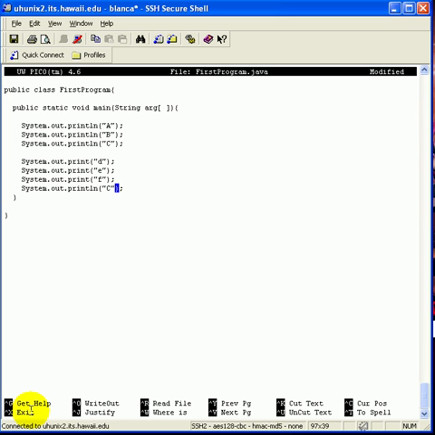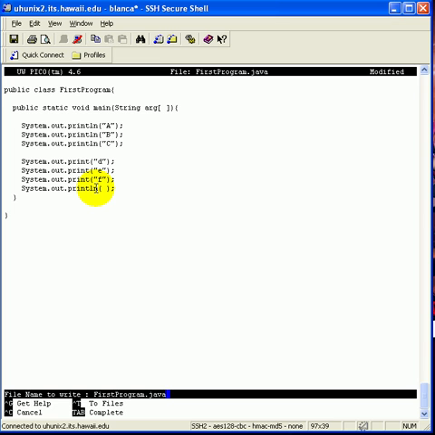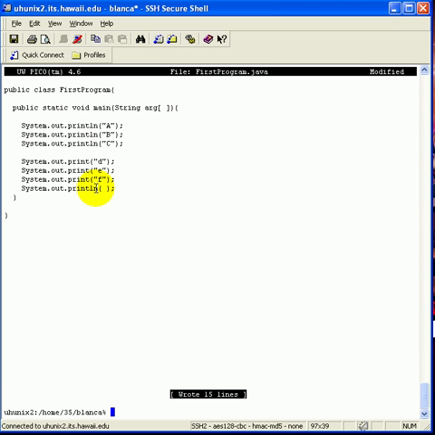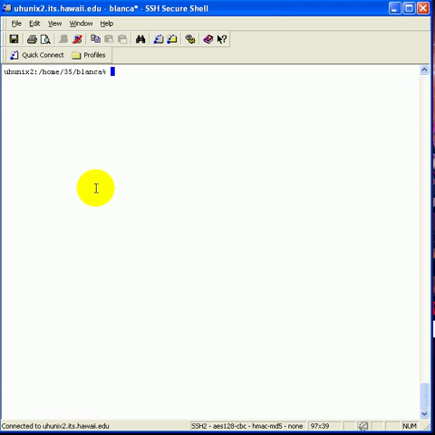And when I paste it in here, I'm just going to say System.out.println with no parameters. Now this is going to use println in here, print in here, and instead of having println in the F, I just put an empty println just to skip the line. Okay, Control X, save, and I am going to clear my screen and say javac